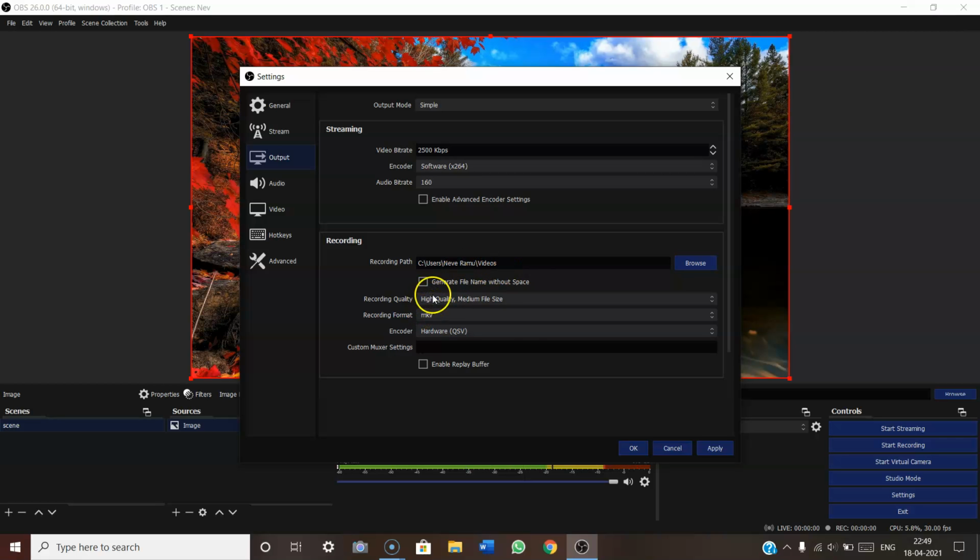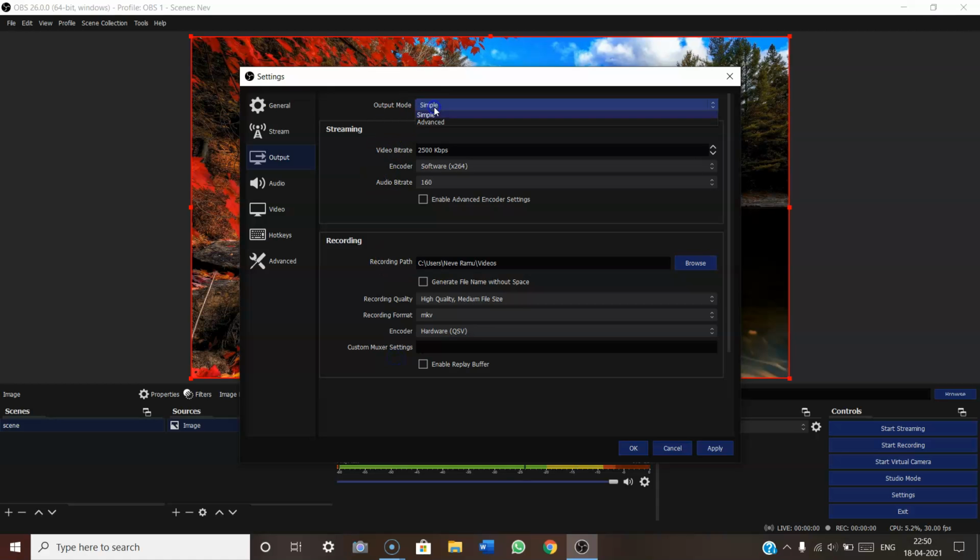Recording quality is high quality, medium file size, which is recommended. And the format is MKV. As said earlier, if the video is taken using MKV format, you can remux the video recording into MP4 using the file menu in the top left corner.